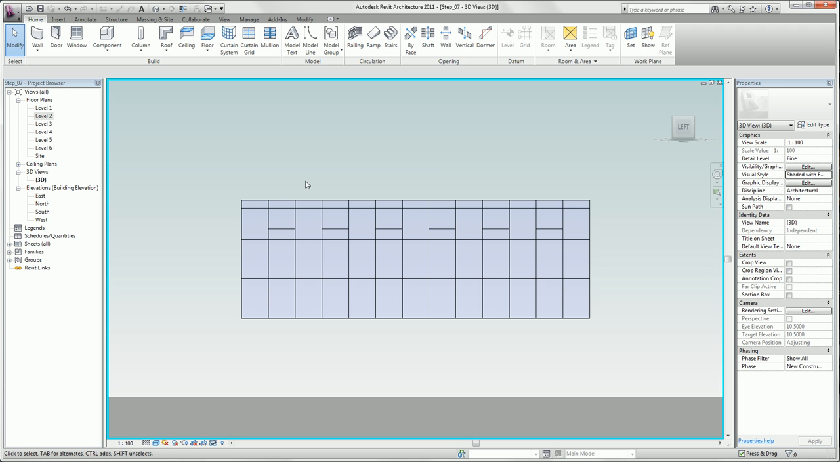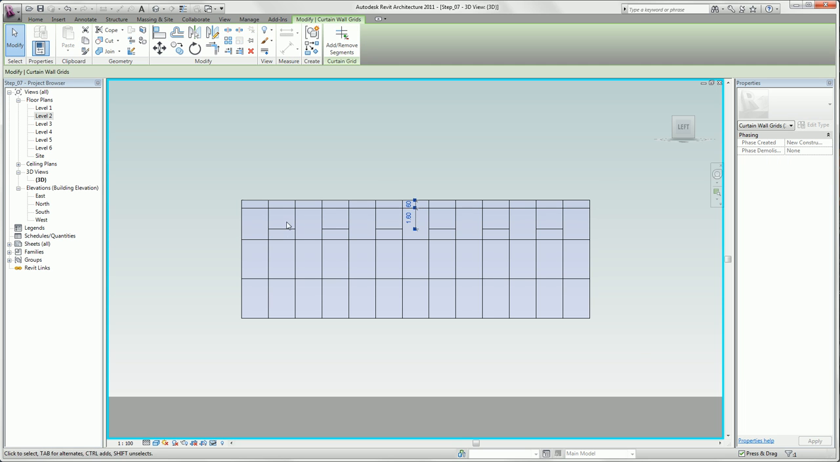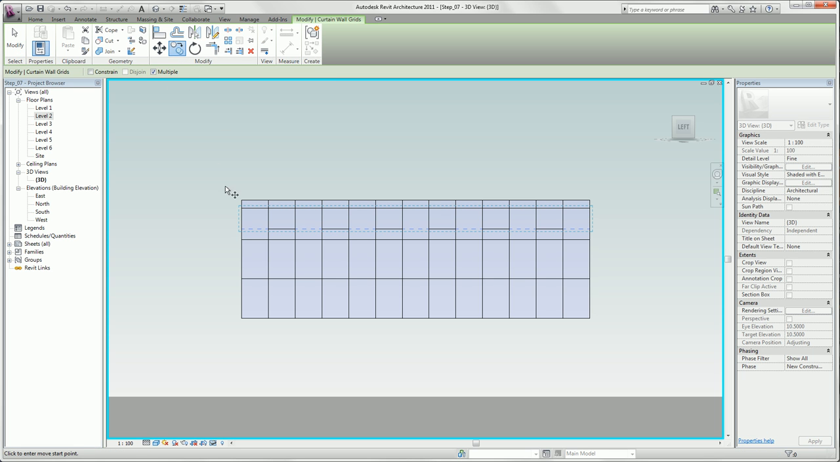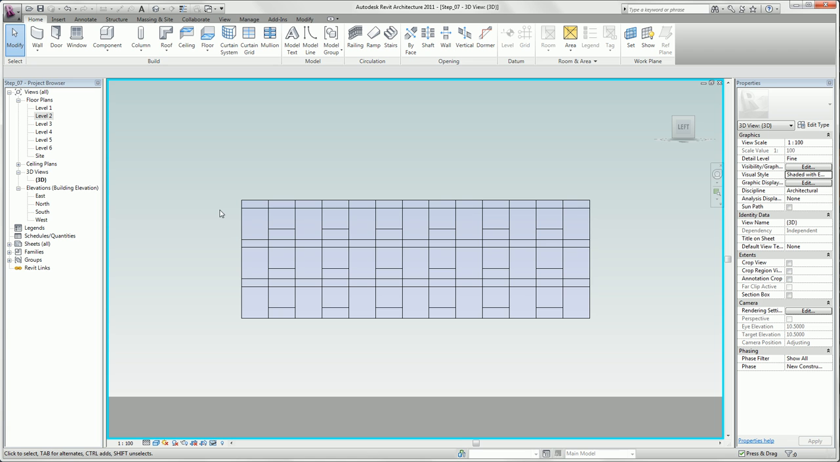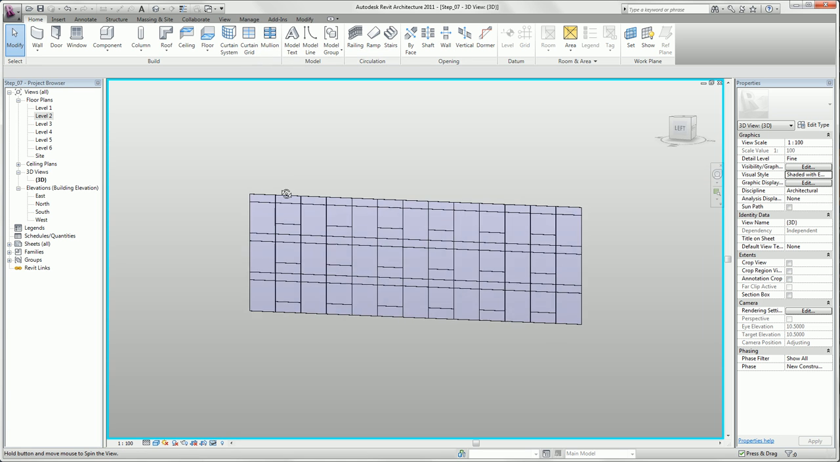Now we just have to copy the grid lines. So we copy both of our grid lines, select them, and in our contextual tab, we use the copy tool and check if we have multiple activated and copy them down 2 times. So that's it basically. Now we have to add some mullions. So we rotate our facade